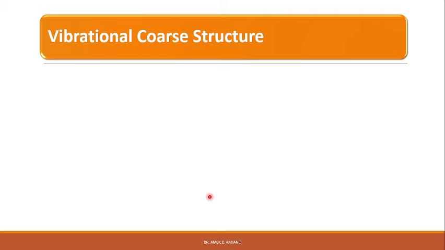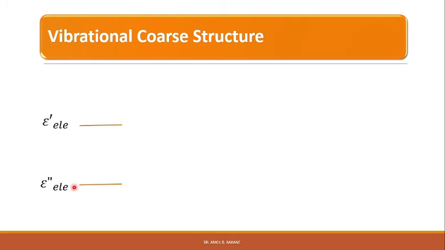So we have two electronic energy levels. The lower one is E double prime electronic, and the upper one is E prime electronic, right? So we have two electronic energy levels, and the lower states we distinguish by double prime, and upper states will carry only a single prime, right? So double prime means the lower energy level, and the single prime means the upper energy level, right?